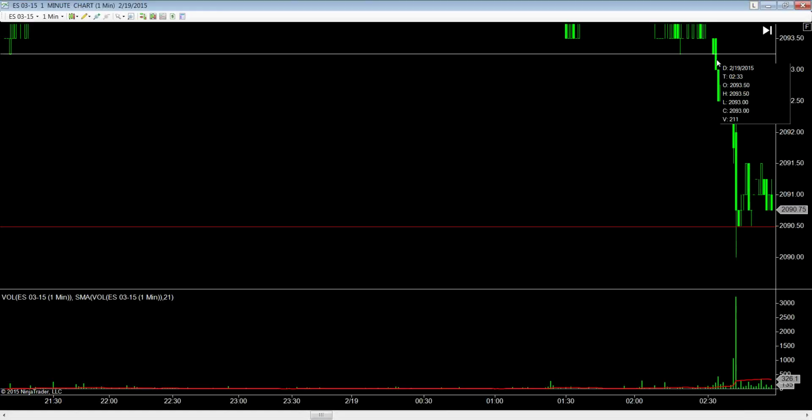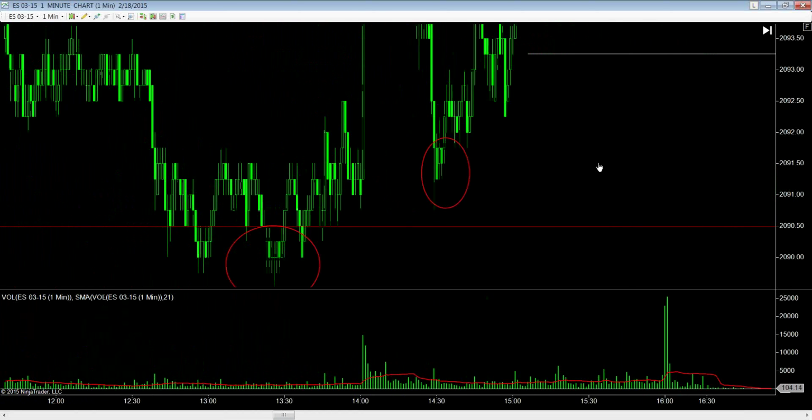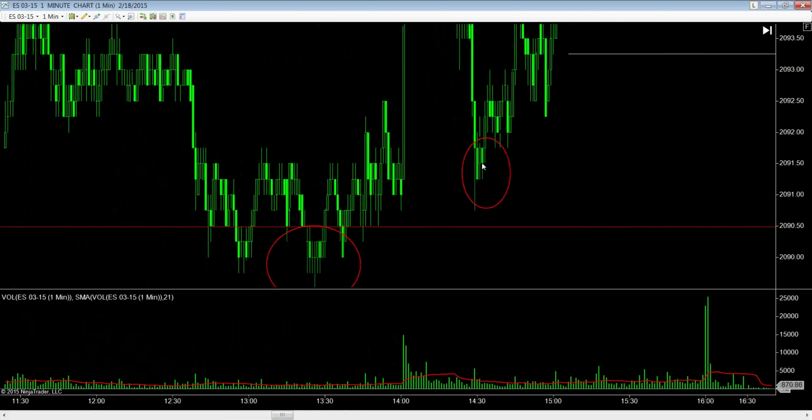2093.25 was the exact level on the 15-minute chart. 2093 was the level that I just stated that I would be in this trade. So even if you got in on the close at 2093, in a perfect trade, and you rode it all the way down to 2090.50 on a 1-minute chart. Let's go back. You exceeded this target and you have a failed try to get to a lower level